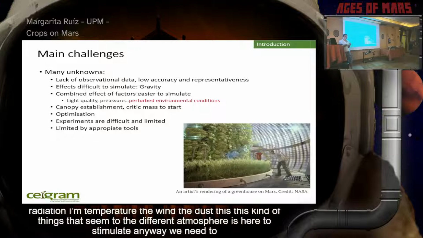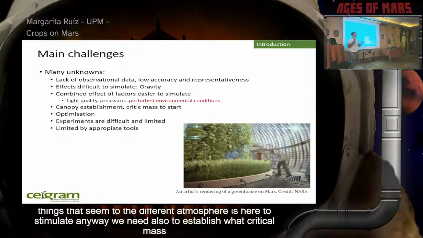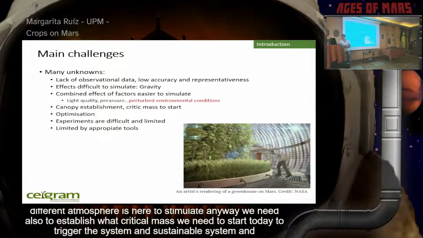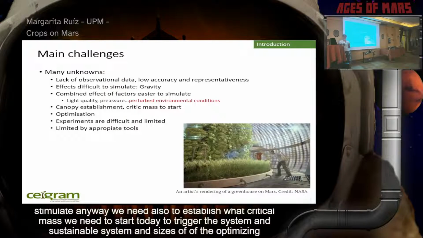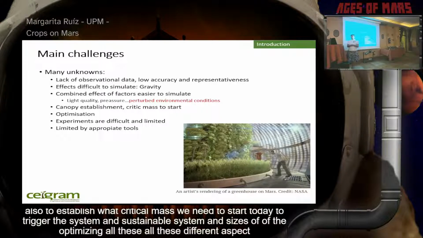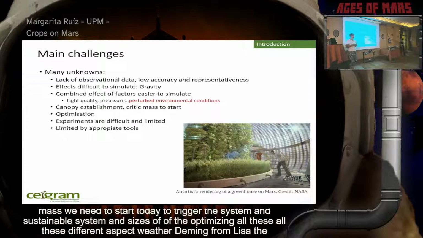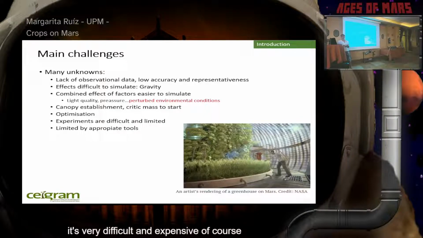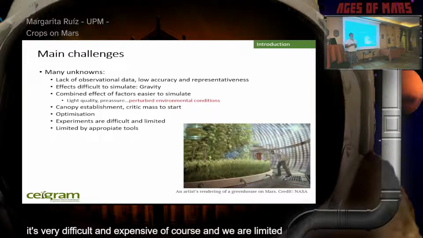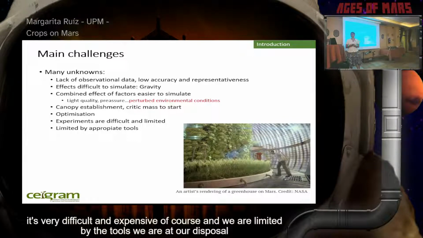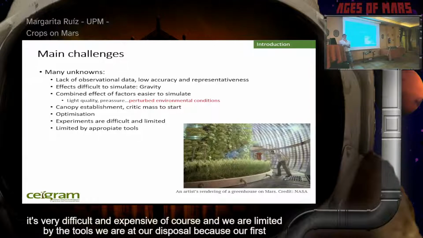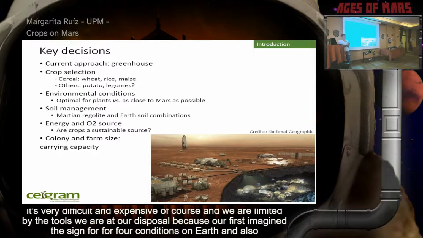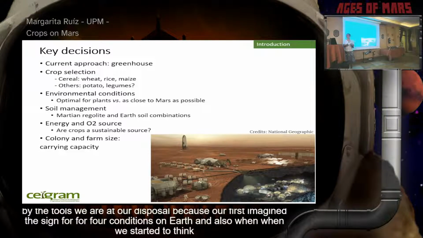Anyway, we need also to establish what critical mass we need to start to trigger a sustainable system, and optimizing all these different aspects. But the main problem is that the experimentation we can perform here on Earth is very difficult and expensive, of course, and we are limited by the tools at our disposal, because they are, as you may imagine, designed for conditions on Earth. And also when we start to think about what we can do